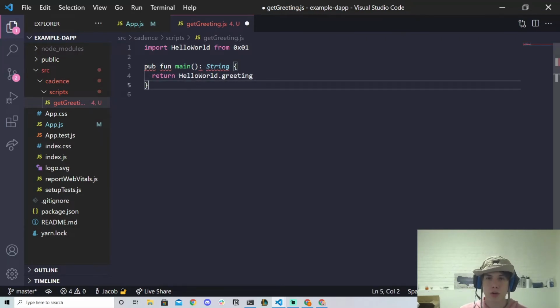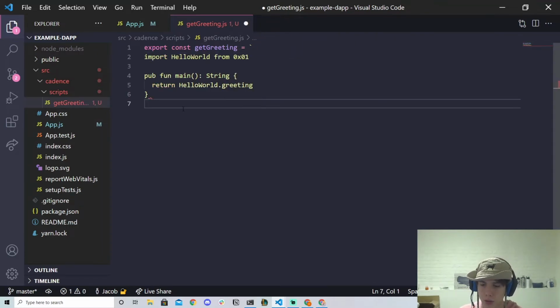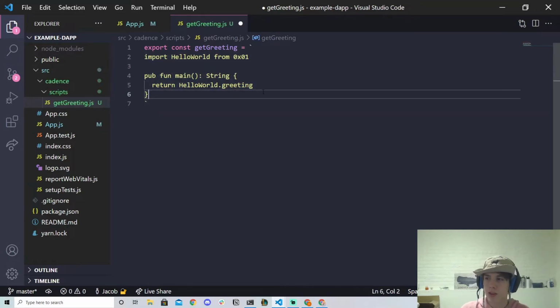Now this is going to look weird, but what we actually have to do is wrap this in an export. So export const get greeting equals. And then we're going to open up some backticks, and then we're going to wrap our code here inside backticks. Now, this might be really strange. You might be wondering, why are we doing this? It's because on Flow, when you're making dApps, you actually have to wrap your Cadence code in backticks